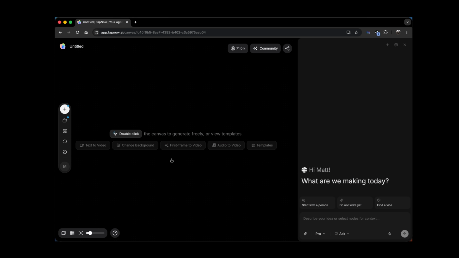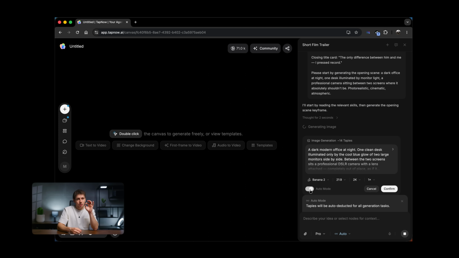For that, I prompted a script in Claude and just pasted it into the TapNow agent. And this is a workflow I'd really recommend to everyone. Don't start on the canvas with a vague idea. Go to Claude first and give it your full concept idea and ask it to write a scene-by-scene script with some shot descriptions, the overall mood, maybe a color palette and character details. And the more specific the input, the more cinematic the output. And then paste the whole thing into the TapNow agent. And this agent immediately has way more to work with.